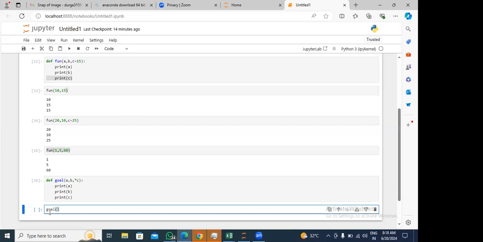What I'll do is I'll give 0, comma 1, comma 2, comma 3, comma 4, comma 5, comma 6, comma 7, comma 8, comma 9, 10, 11. If I press enter, will it work or not? For our previous definition, it should not work,